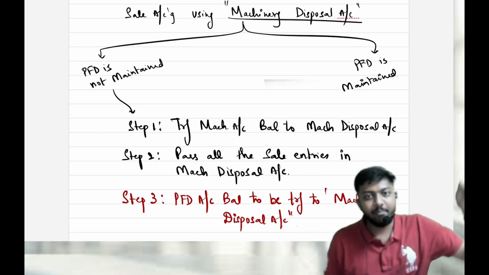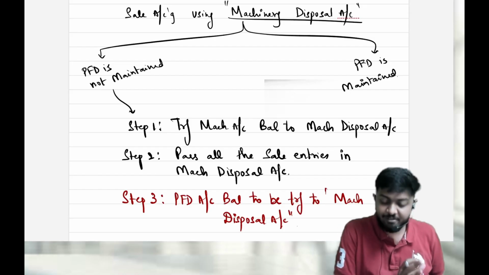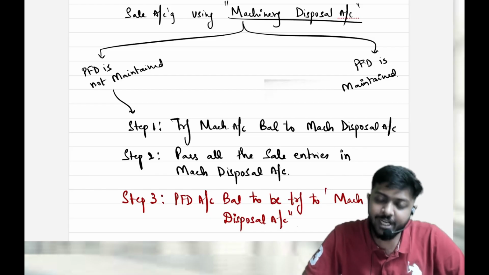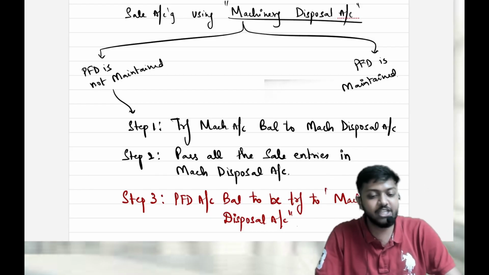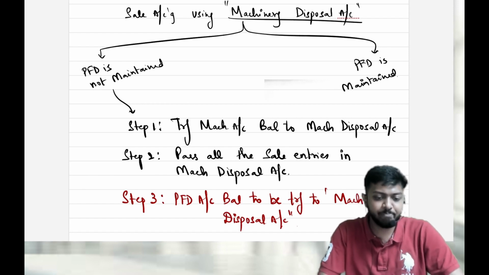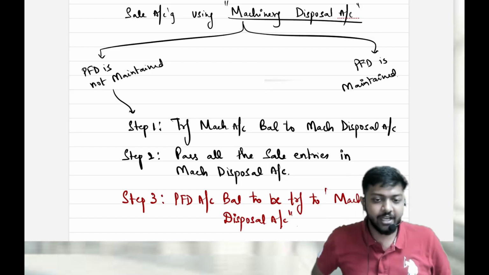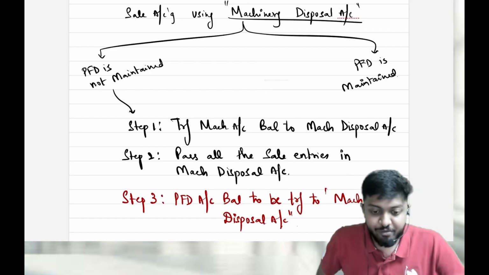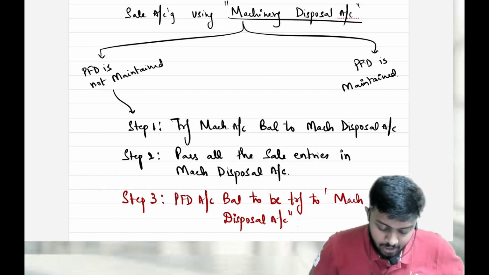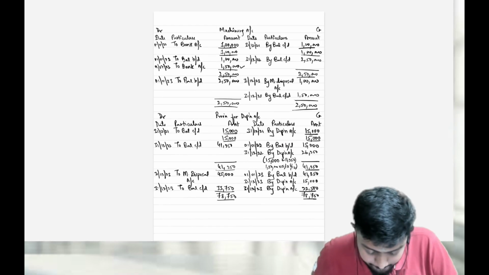Okay. Machinery account balance is transferred to machinery disposal. Accumulated depreciation with respect to the selling asset is transferred to machinery disposal. Pass all the sale entries also in the machinery disposal account only. That's how you do this case. All of you understood? Done. So we have discussed depreciation accounting. Okay. So we are left with rectification of errors. Correct? First we'll discuss rectification of errors also.